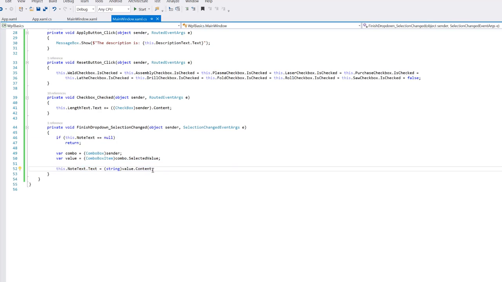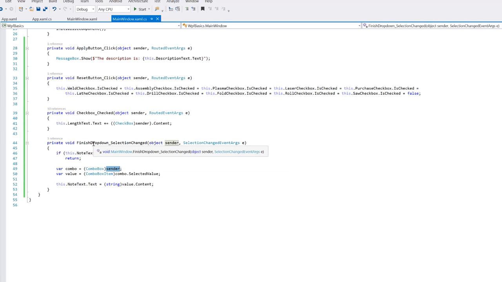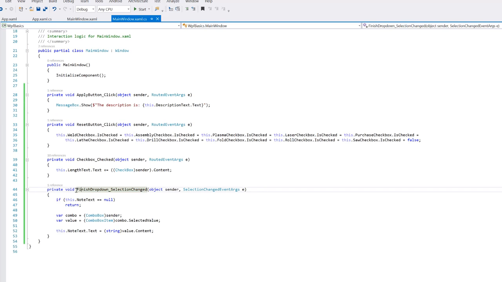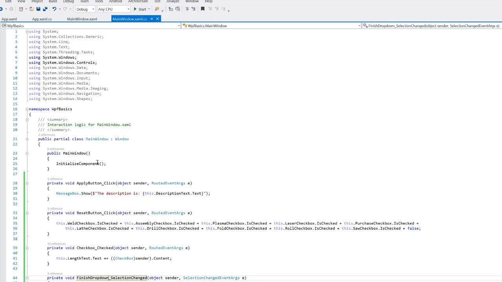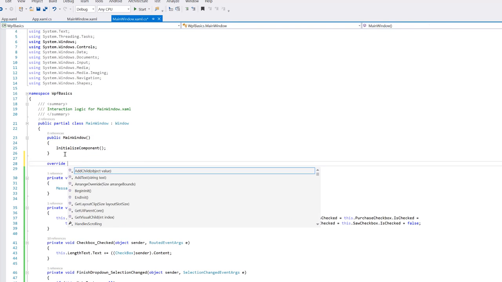Hang on, sender as a combo box. Yeah, this combo box. Okay. So there's a few ways. For quickness, again, we'll call this function, and because we're using the sender here, we're going to pass in the dropdown into the function itself. So you can do it here in the constructor, but you probably want to do it in